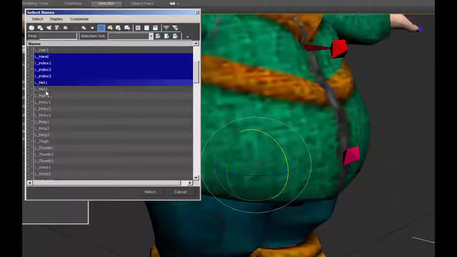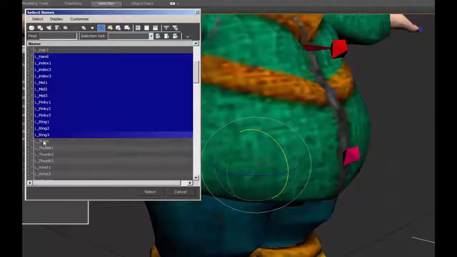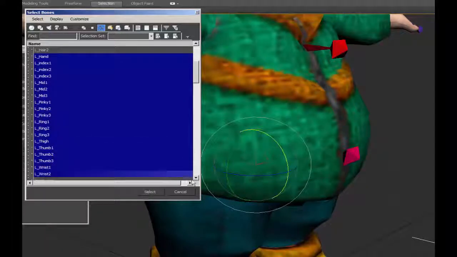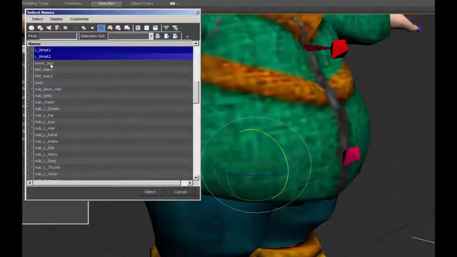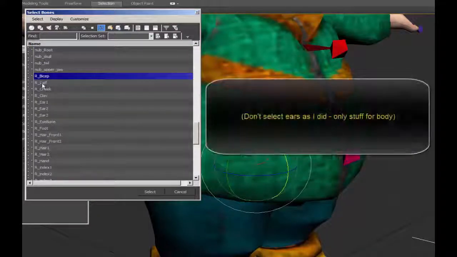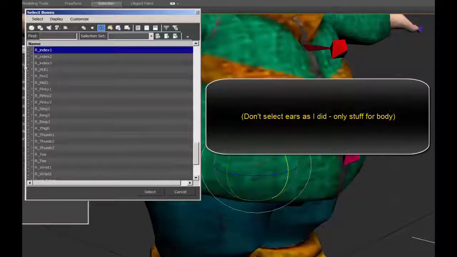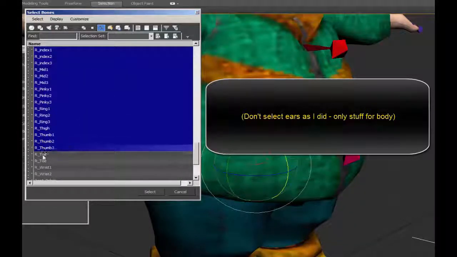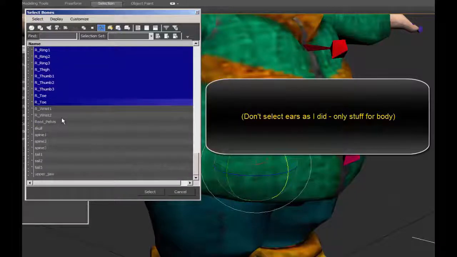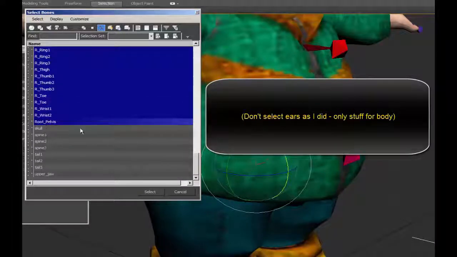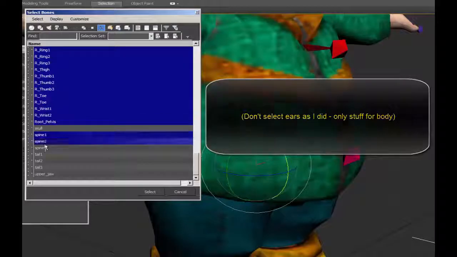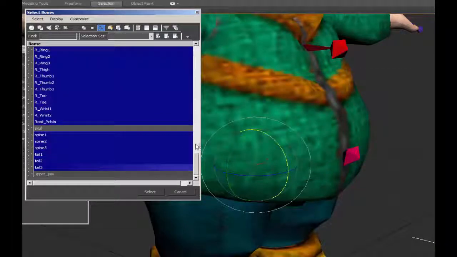These are mid fingers, ring fingers, thigh, thumb, wrist. Now we don't need the nub to distort any geometry, so any of the nubs we won't select. Neck is going to be part of the head, so we're not going to use that one. Bicep, calf, let's see, just keep going here. Foot, index, hand. Just trying to keep my eye out for anything that I might accidentally select or not select. And yeah, we will add the root, pelvis, not the skull, the spine, and the tail, and everything else pertains